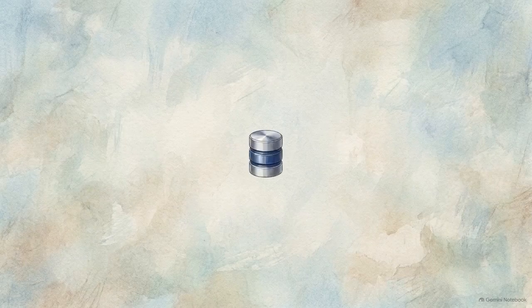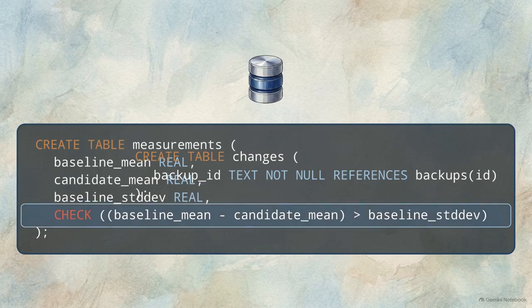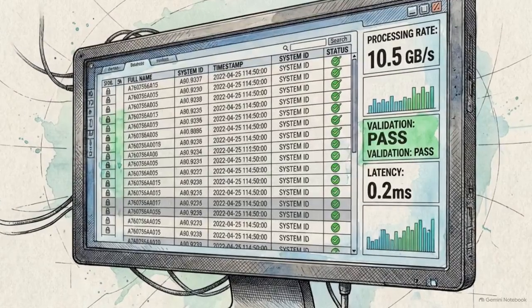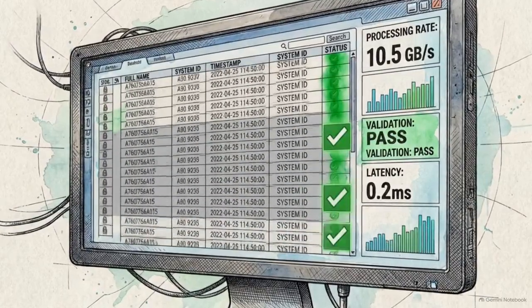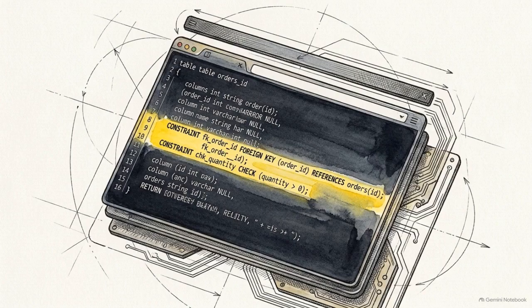We moved to an embedded SQLite database where MeasureGate rules are baked into the schema. The measurements check constraint physically blocks inserting a verdict if the math fails the standard deviation. Furthermore, the backup ID constraint guarantees no system change is recorded without a prior state capture. A developer might write a bug that bypasses a code check, but they cannot bypass the database constraint without throwing a fatal exception. True architectural safety isn't achieved by asking developers to follow rules. It is achieved by making rule violations structurally impossible to record.